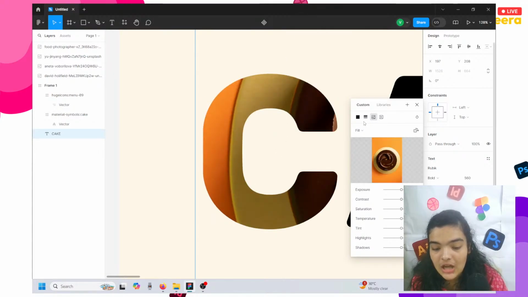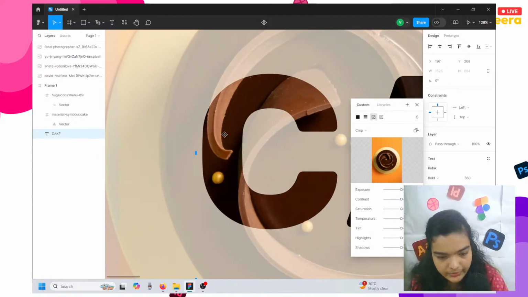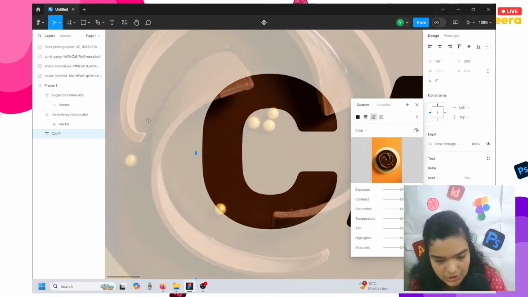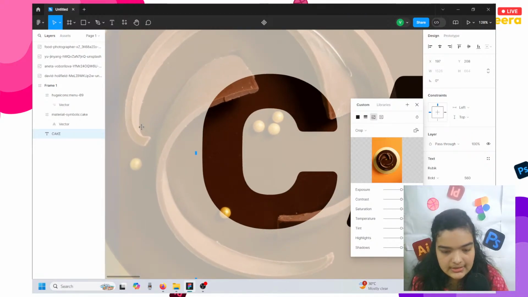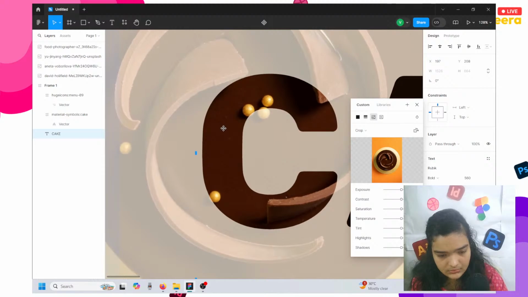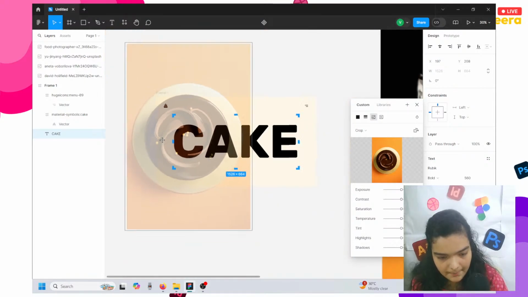And now we're going to start shifting this around. To shift it around, you're going to choose crop, and that's going to give you this beautiful 4 angled cursor which you can use to shift around. This gives you a really nice position where you can start shifting things around. All right,